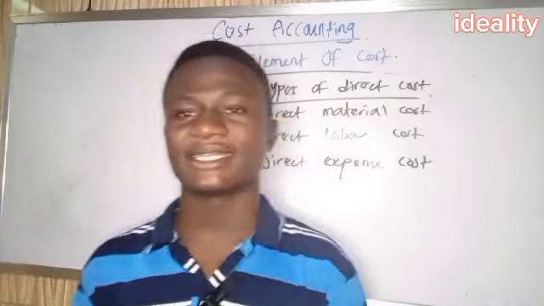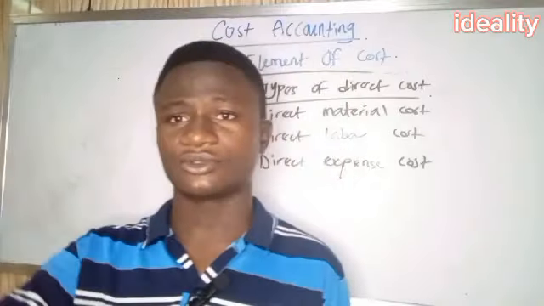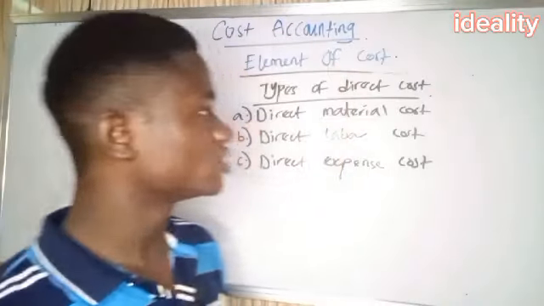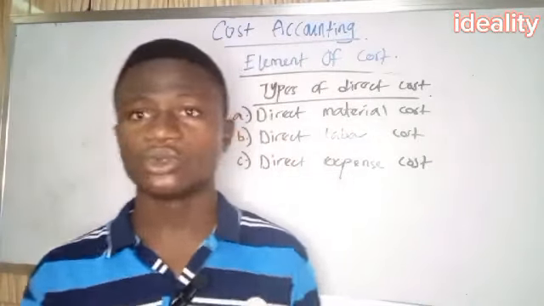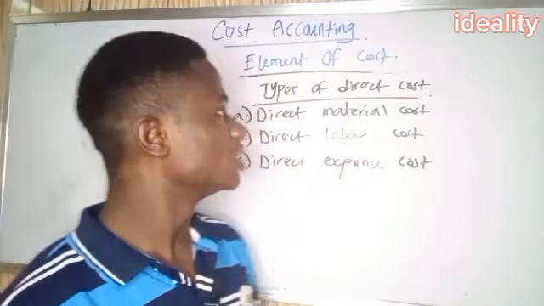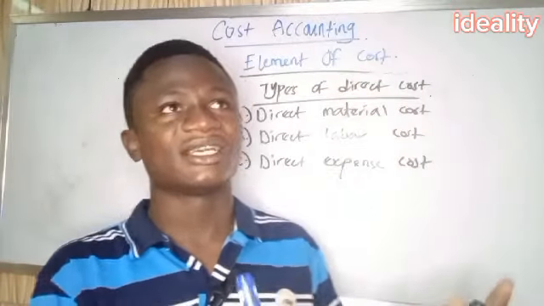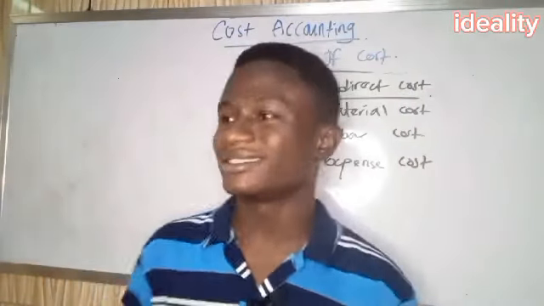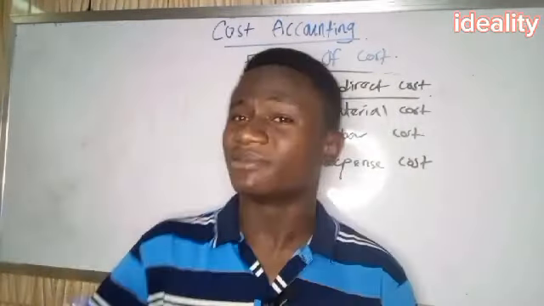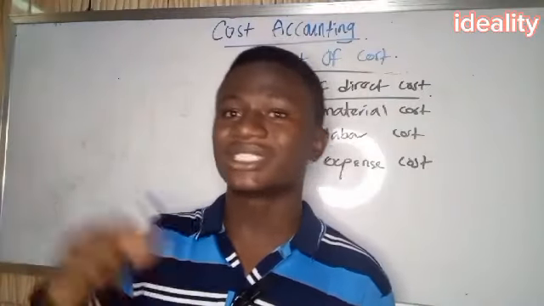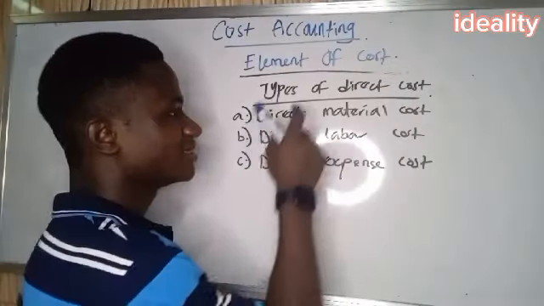But imagine I employ a cleaner to clean both the manufacturing room, the administrative room, the different rooms. So if I want to charge that cost, will I just charge it to the administrative room? No. Will I just charge it to the manufacturing room? No. Rather, I will share it. So that's the difference between direct and indirect. Direct has one particular place it is used for. Indirect is used for different things. So if I employ a laborer to just manage the machines in the manufacturing sector, I will charge the cost of that labor on the manufacturing sector alone. So that is what we mean by direct labor cost.